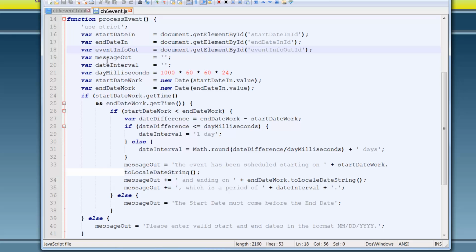Then we create another variable for the message. We create a variable to work the date interval. We create a variable for the day milliseconds. Notice that it's 1,000 by 60, so milliseconds, 1,000, 60 seconds, 60 minutes, 24 hours, and that gives us our,